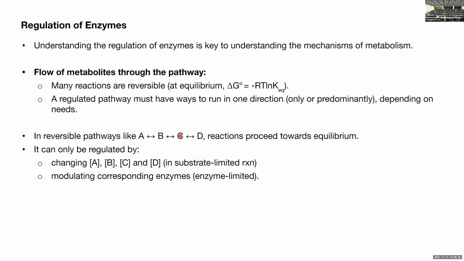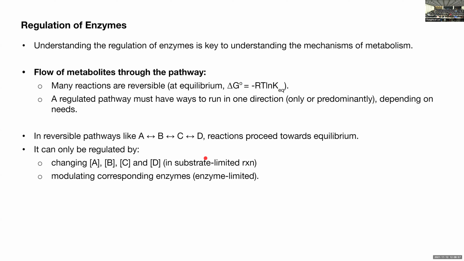And that can pull C back to B, and also D back to C. The same thing applies to getting rid of B, in which case A will quickly go to B, but C and D will be pulled backward to become B. So that's one regulation mechanism, and it's called a substrate limited reaction, where the substrate plays a key role, limiting